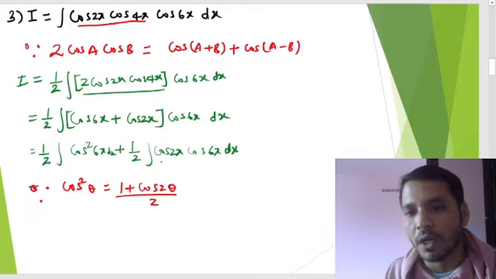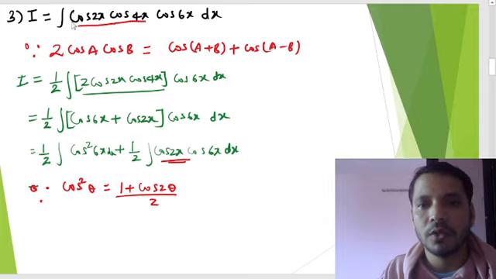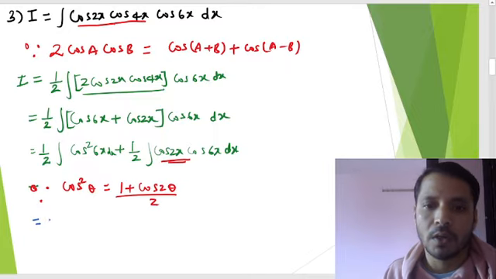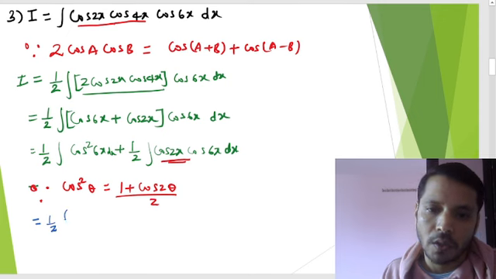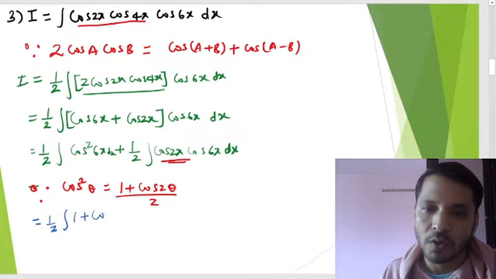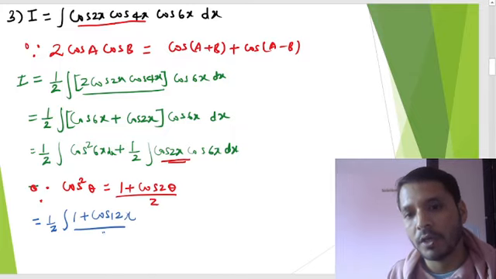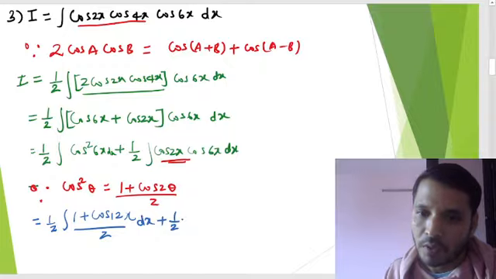And here we can apply the above formula again, means if we apply this formula, this will become 1 by 2 integral, in place of the cos square we can write now 1 plus cos 12x divided by 2 into dx, plus here 1 by 2,